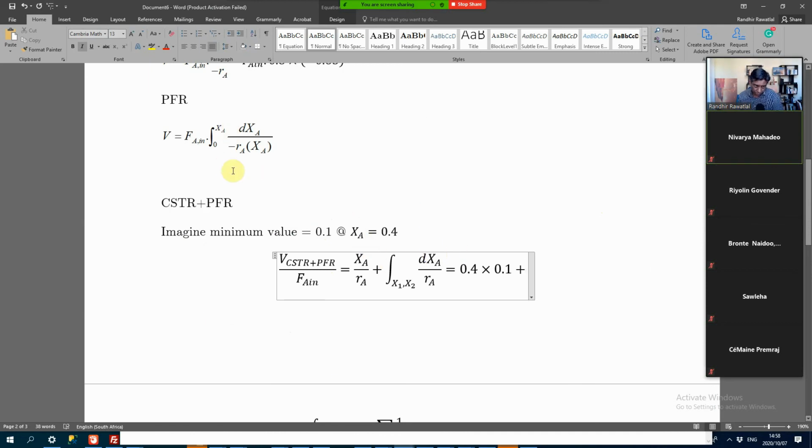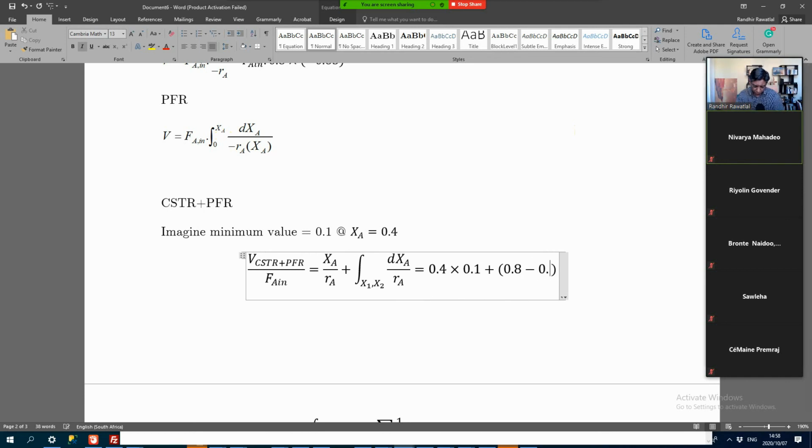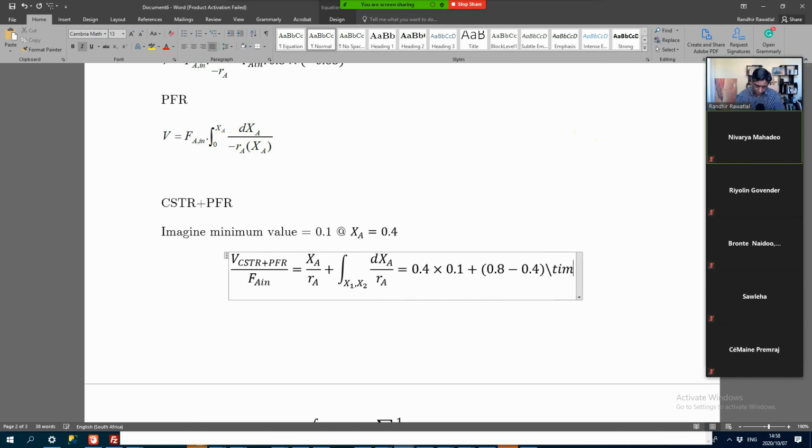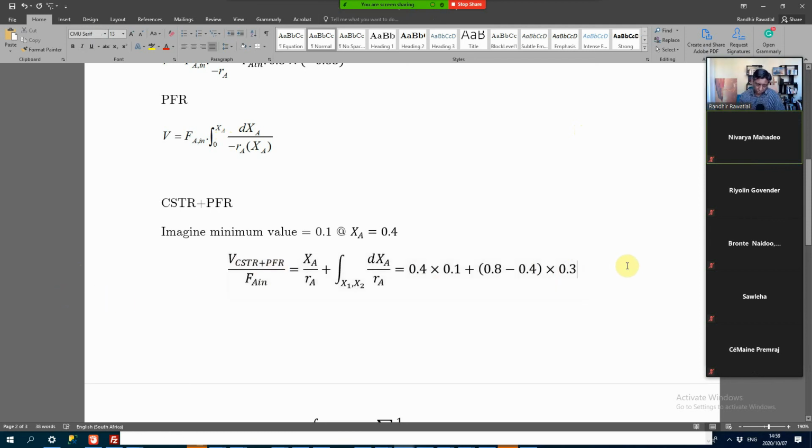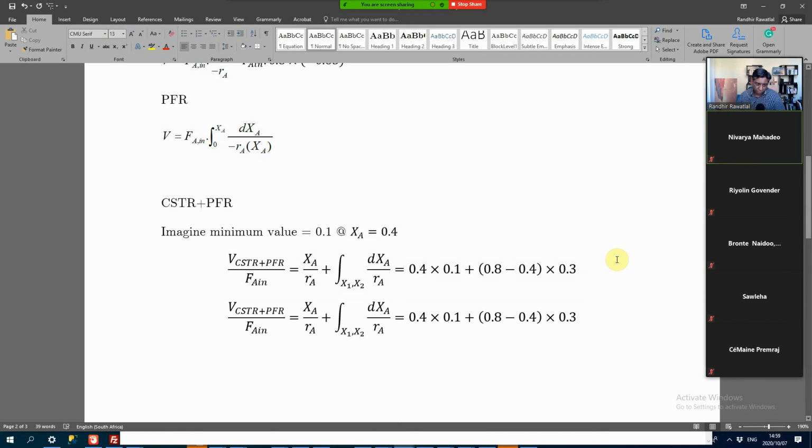So to estimate this, we are just going to say it's 0.8 minus 0.4 times, and it looks like 0.3 there. Right, so this is an estimate of the volume of the CSTR plus the PFR parts. Now, if we compare that with the reverse, so if we did the PFR first,